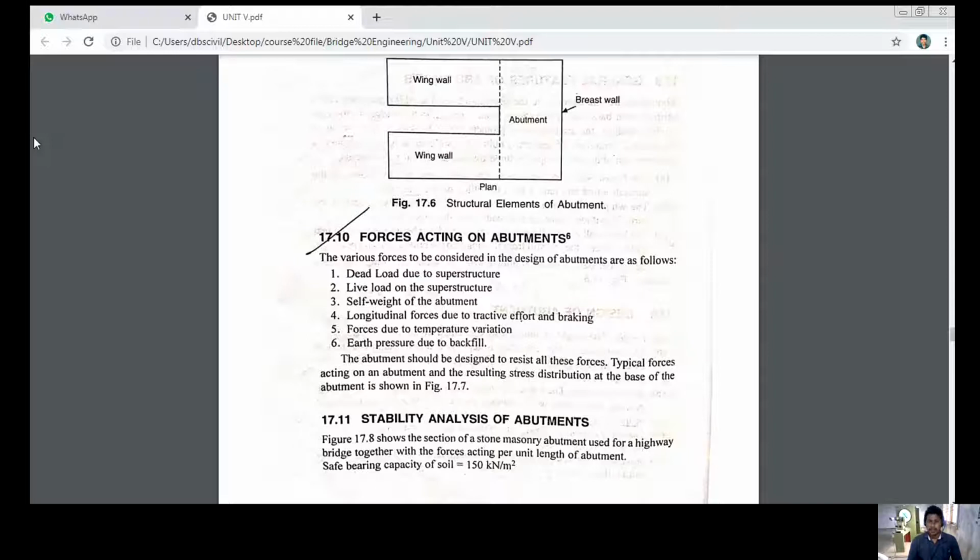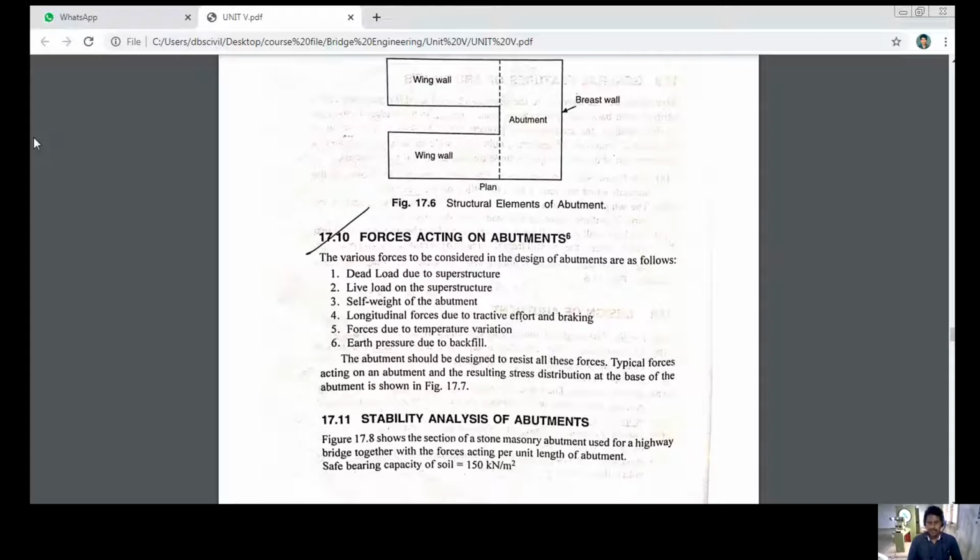To merge both the bridge and our earth ground structure, we need some earth pressure, that is, earth backfill. This backfill may be gravel or concrete or normal stone or normal earth, sand. While we use this backfill, some pressure might be exerted on the abutments. So we have to consider this pressure also when the forces acting on abutments topic is studied.